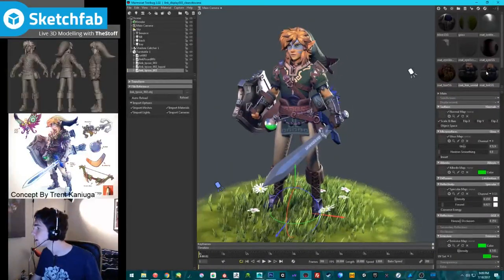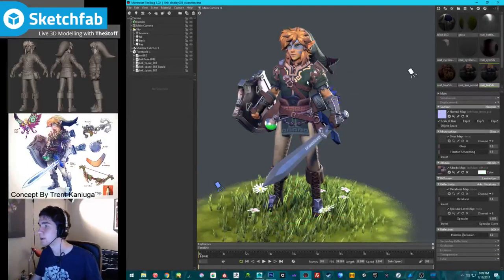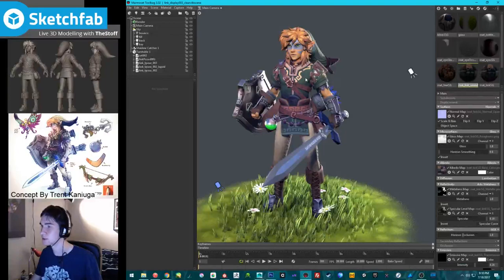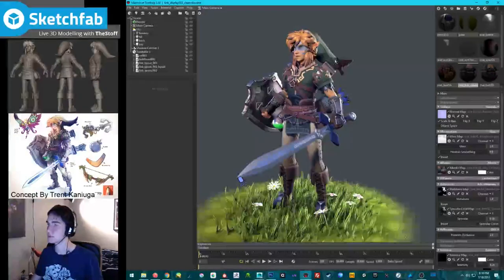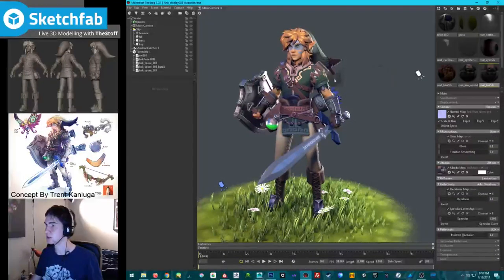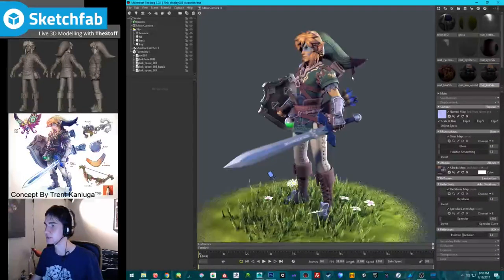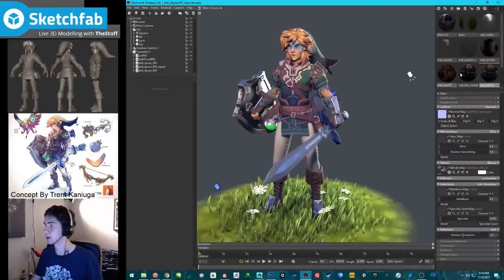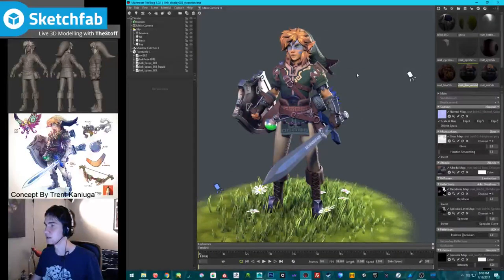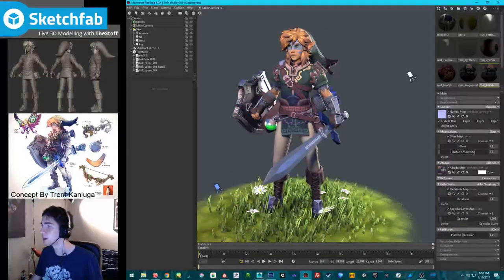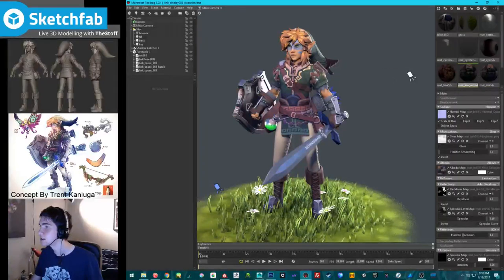Okay, and let's just have a quick comparison. So this is like the base Photoshop stuff, and then this is with all like the Substance materials and like metalness and specular, and this is pre all that stuff. Not including the hair, obviously. That's a different thing. I love checking out the comparison. Like all this stuff just really pops now.